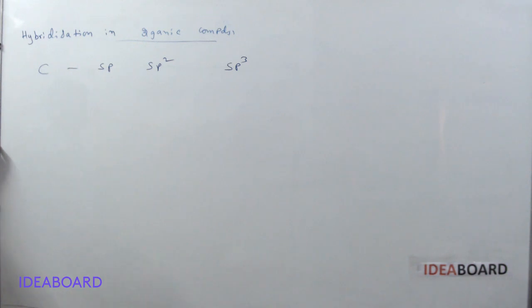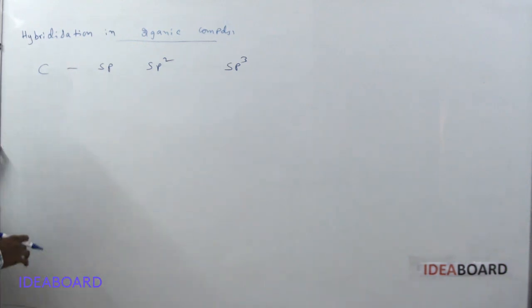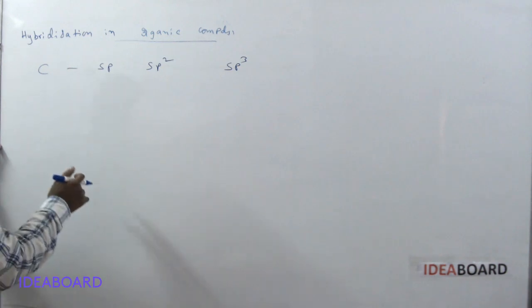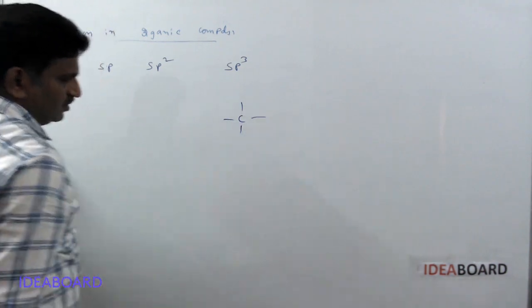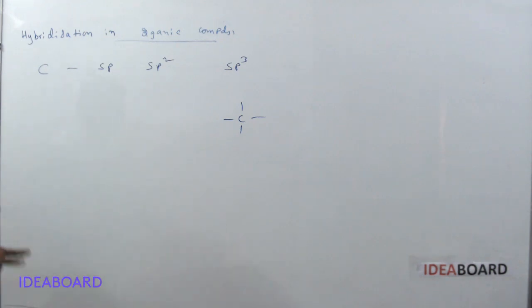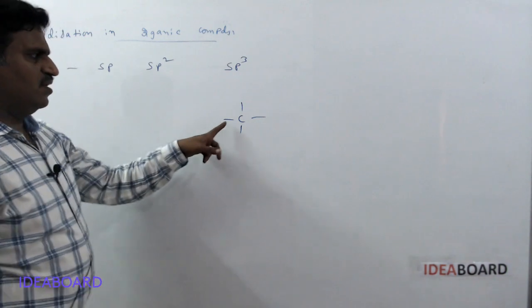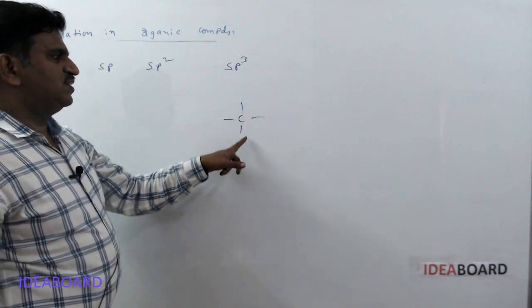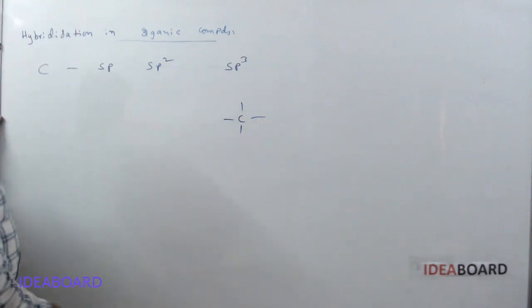Other than these 3 types, it is not possible for carbon. So sp, sp2, sp3 is only possible. To decide which hybridization a carbon has, we need to check if a carbon is having all single bonds around it in a molecule. Suppose you are taking a bigger or complex molecule, at a particular carbon, if it has 4 single bonds only, then it is always an sp3 carbon atom.